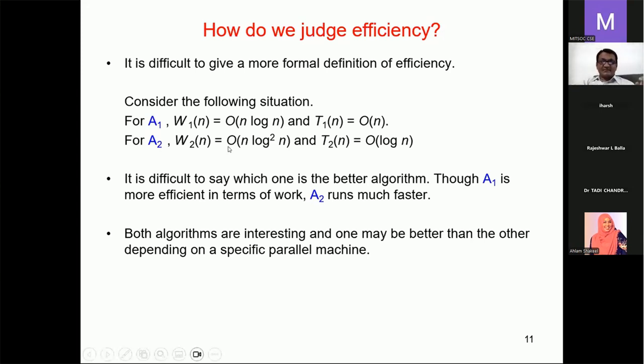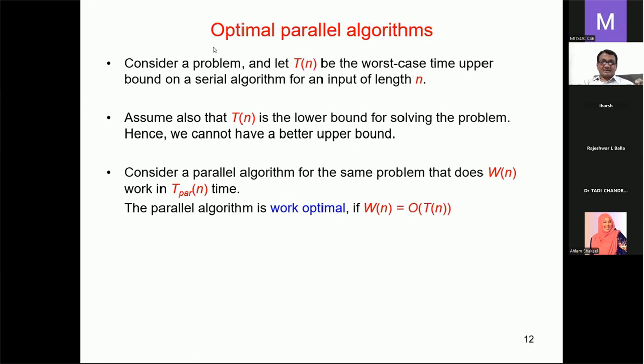Now the next slide is talking about what is an optimal parallel algorithm, and then, if this is clear, we'll switch to the next part of my presentation: what are the limitations of parallel algorithms, and then we'll go to quantum computing and quantum hardware. But before that, I want everybody to understand how this works.